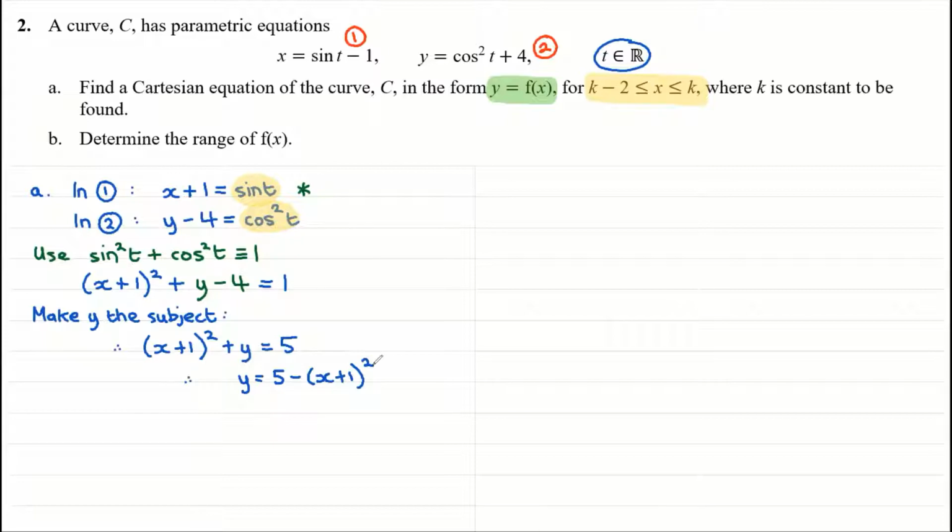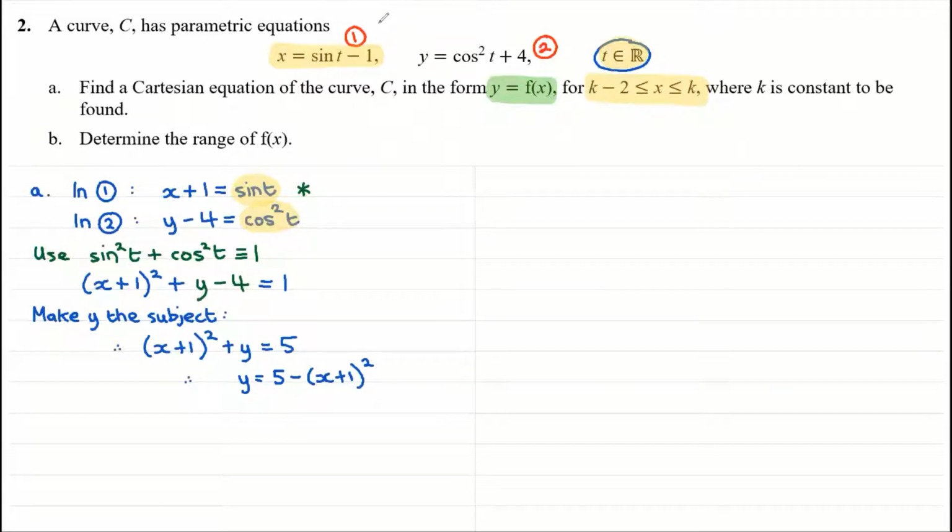Well, what do we know? We could determine the domain from looking at the curve, but we don't know much about it because we were given t as our parameter right here, and we're told that t is any real number. So it's a good idea if you're working out the range of values of x, in other words, the domain of y, which is f of x, to go back to the original parametric equation and try and determine what the domain is from that. And this goes back to what we did in the warm-up